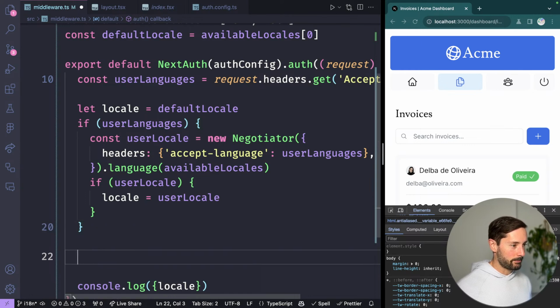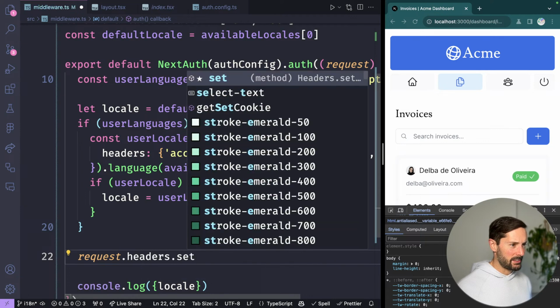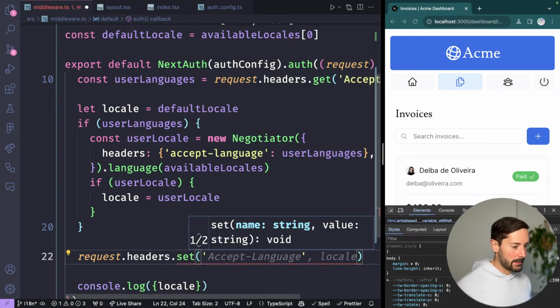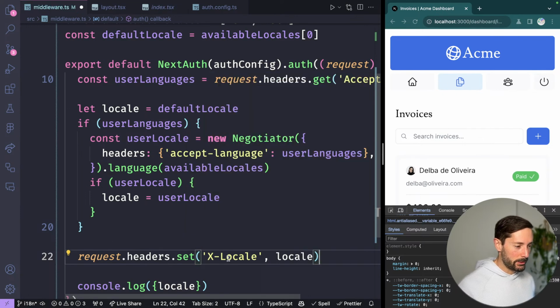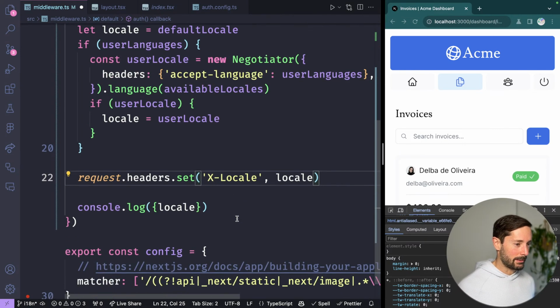So you can do like request headers set, I think. And then you can make up your own header and call it x-locale or something. Usually when you prefix a header with x, it's for internal use. You signify it's not really a real thing, it's an internal thing. So if we set this header,